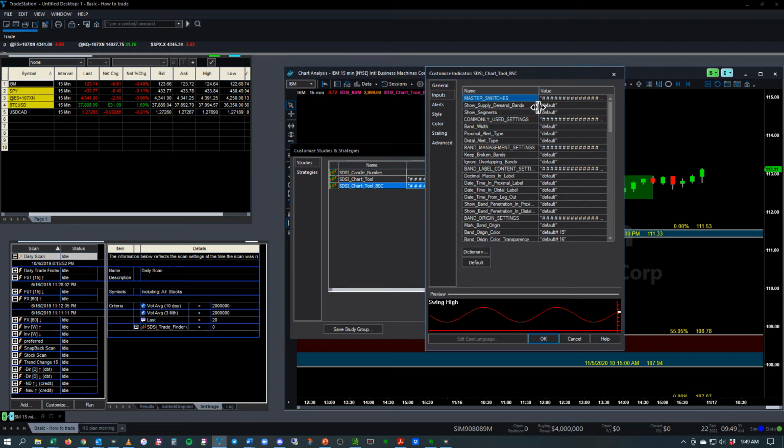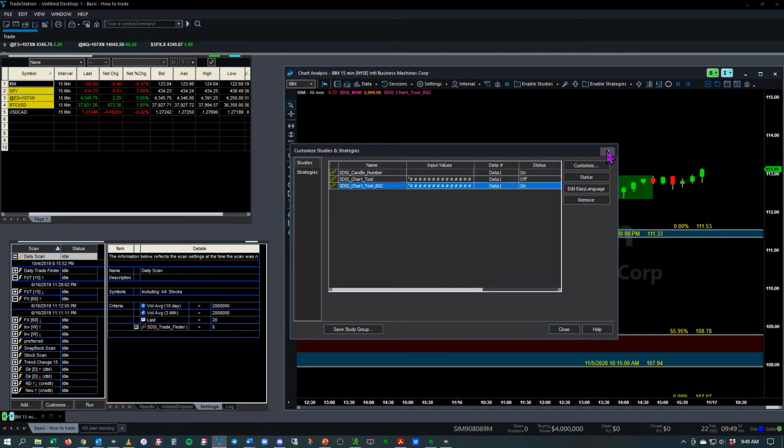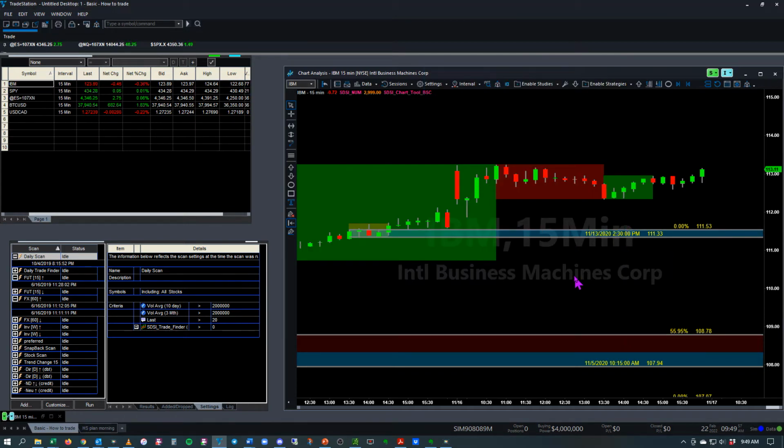You can have it show the demand bands. You can have it show the segments, which show the bear and the bull boxes. And then you have your bandwidths, which are narrow, medium, and wide. And we've got that at the default setting of medium right now. And so you can easily look at your charts. If you have a trade strategy where you only take fresh bands that have never been penetrated, you can see here that this is 0%. It's never been penetrated, but this lower one down here is at